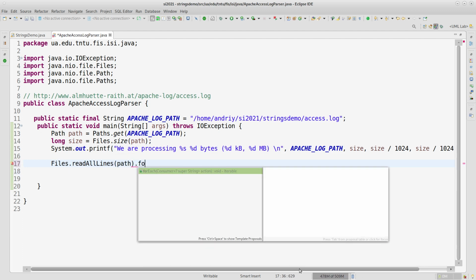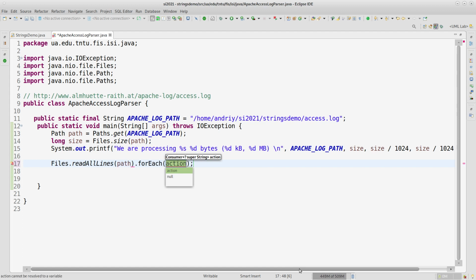After this, I'm doing for each s, let it be this. So this code, if I run it, but